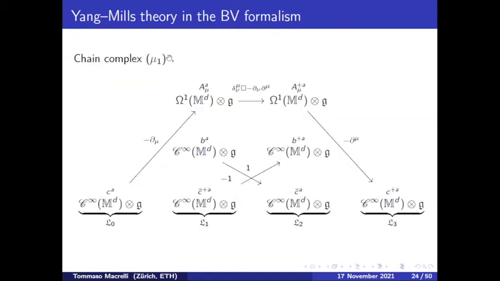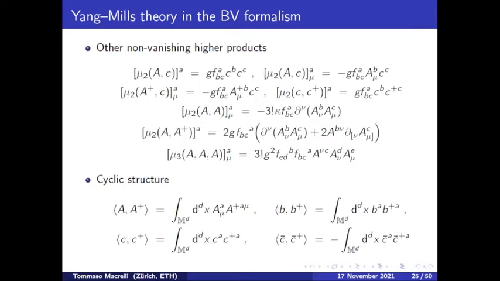So this is the first product of the L-infinity algebra associated to Yang-Mills theory. We have here ghosts mapped to gluon, mapped to anti-gluon, mapped to anti-ghost. This captures the kinematical part of the Yang-Mills action. And here we have trivial pair fields that are trivially mapped into each other with the identity. And this is mu_1, the first product of the L-infinity algebra. Then we have a set of all the non-vanishing higher products for Yang-Mills theory that